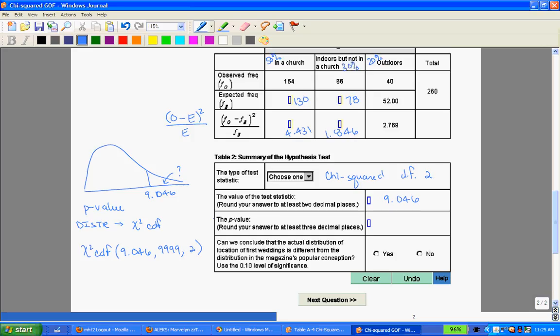And when I do that, I get, for my calculator, 0.01085 and so on. Okay, and then